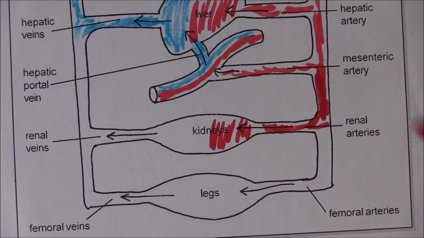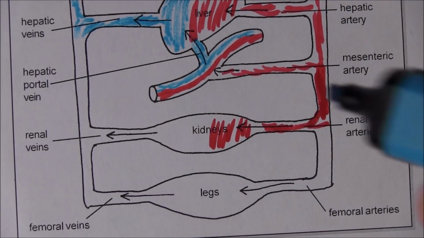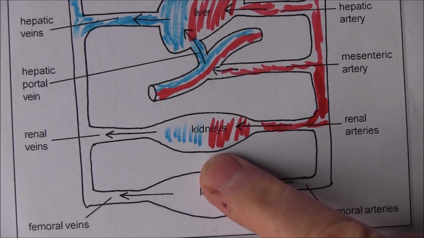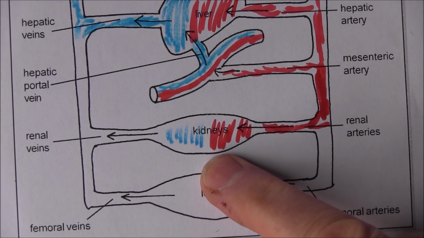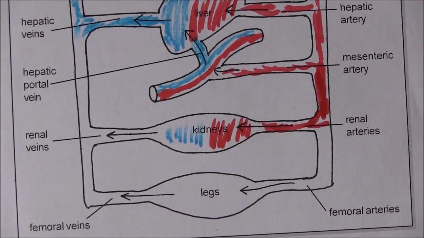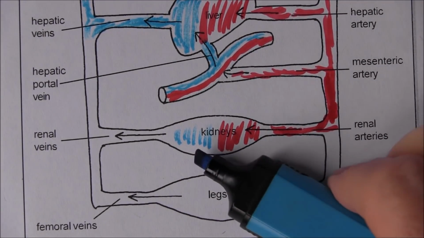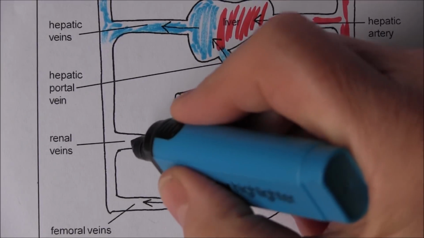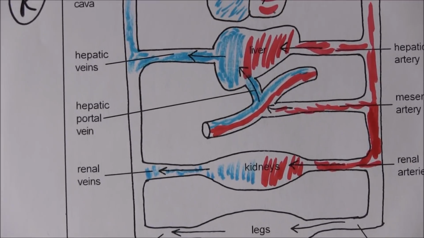So as the blood goes through the kidneys, again, it's going to become partly deoxygenated. The blood as it goes through the kidneys is also going to be cleaned, and the waste products from the blood are going to be excreted into the urine. So anything that the kidneys don't want kept in the blood go into the urine. Anything the kidneys want kept in the blood, they keep in the blood, and they will send back via the renal veins back into the